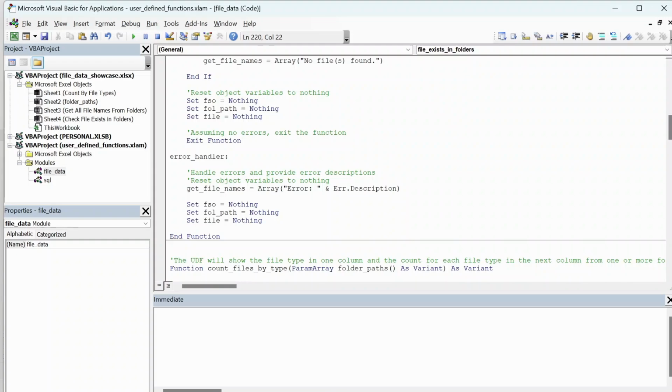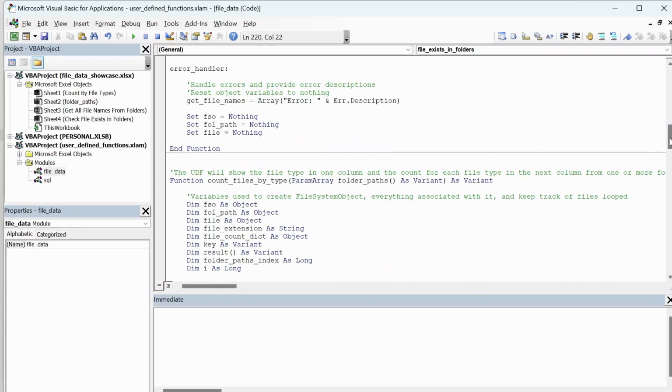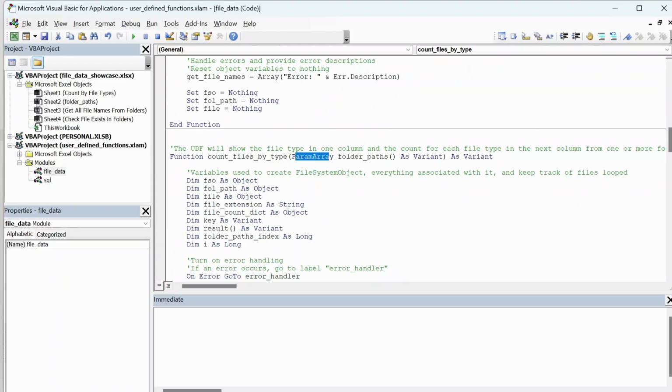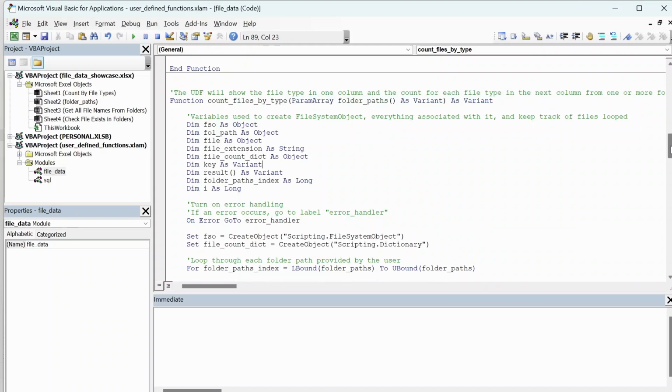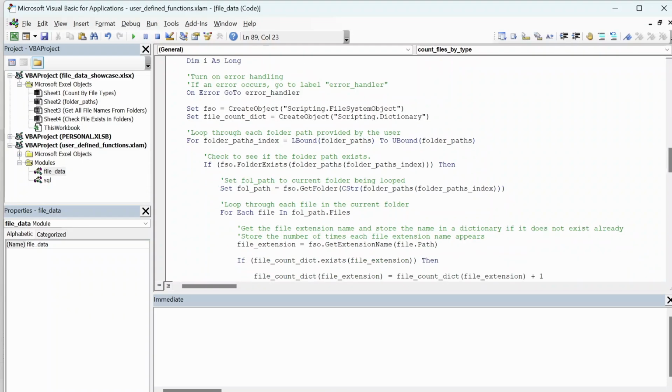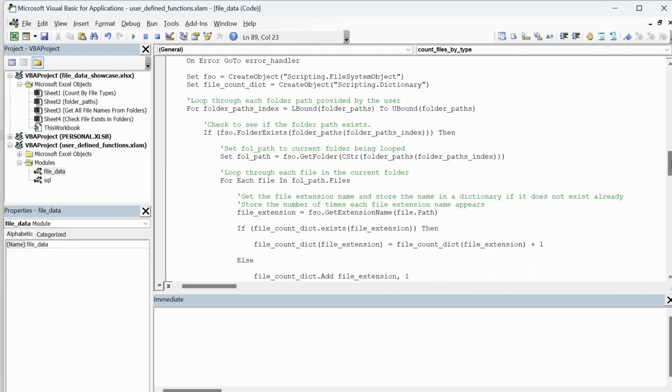The next function, count files by type, has the same keyword param array, and it's going to output the result as a variant or an array. The same thing is going on as before. I'm going to declare all the objects related to the file system object and keep track of the files being looped. And then I'm going to turn on error handling and also reference the dictionary object within the Microsoft scripting runtime library. I'm going to loop through each folder path in the arguments, and within each folder path, I'm going to loop through